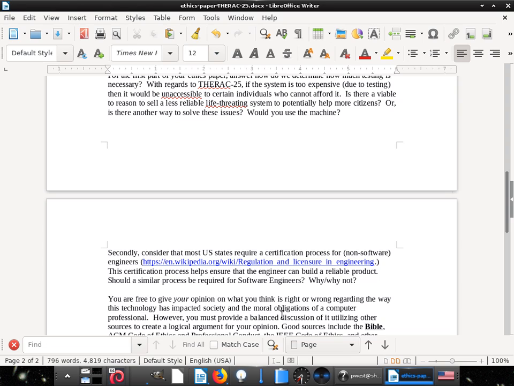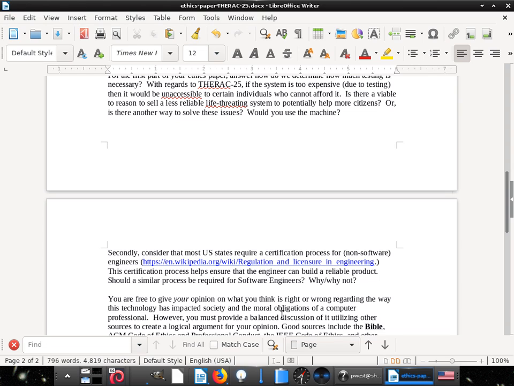Probably yes. That's what we do with computer science, though, is that we make reliable things. It'd be a very specialized field, yeah. If I paid all this money to go to college to get a software engineering degree, I wouldn't want to have to get a software engineering certificate that a non-software engineer would have to get to do the same thing I do. I mean, I understand for money that's the case, but for civil engineers, that's what they do. They go to college for at least 4 years, and then they have to get certified afterwards.